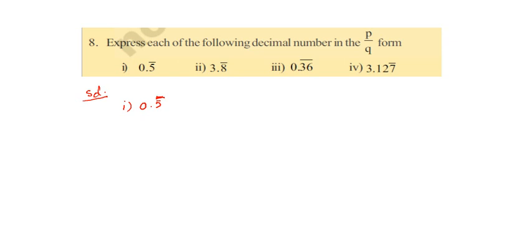And also we have known that a rational number which is in the form of p by q can be written into two types of decimals. One is terminating decimal, the other one is non-terminating recurring decimal. There are two types. Among those, here the first one is a non-terminating recurring decimal, that is 0.5 bar. How do you convert 0.5 bar into p by q form?